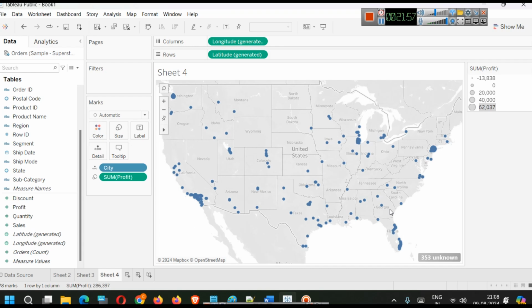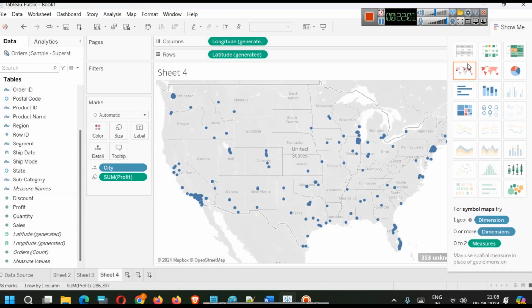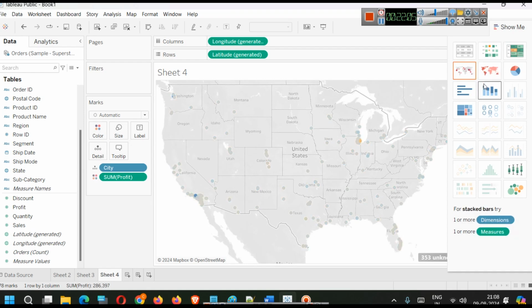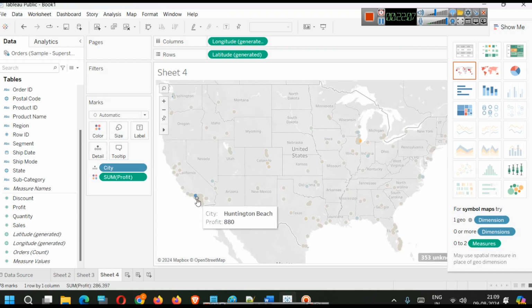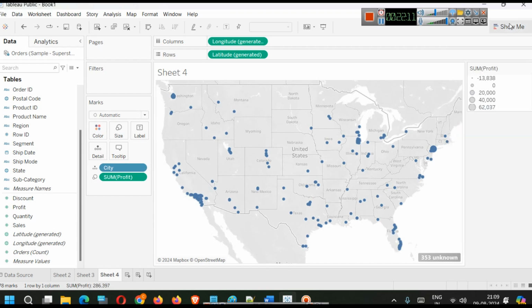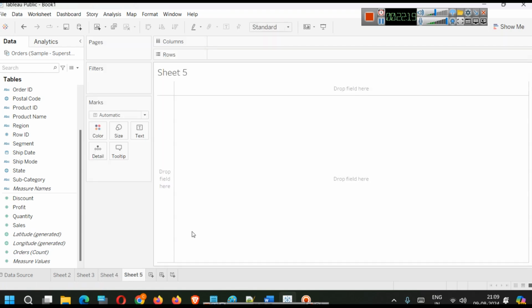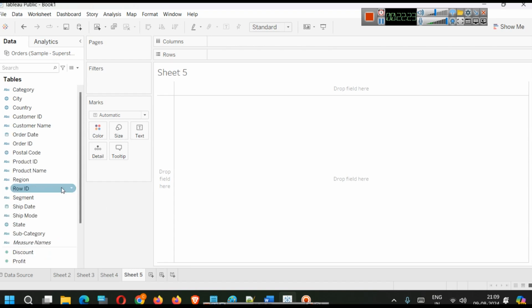So here the area is not filled. This is a symbol map, and if you select area, it will display like this, with simple colors. This is the best way to represent this data. So this is how you can simply create map graphs. Now there is one more thing related to map that I want to tell, and this is an introduction